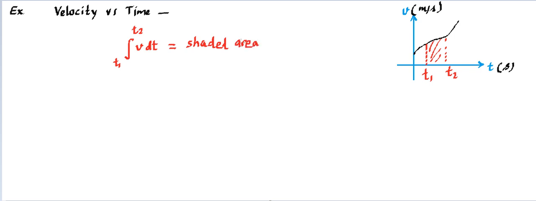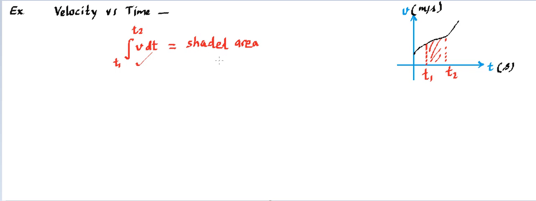And that's what the integration is. Integration can find this shaded area. There will be two types of applications. One, sometimes you will be able to find this area by geometry, like a triangle, rectangle, or some simple geometry. If you can find this area, that means you can solve this integration. So this integration value will be equal to the area that you can calculate from a picture. Another type of question will be one in which we are able to solve this integration, and that will let us know what the area is going to be.